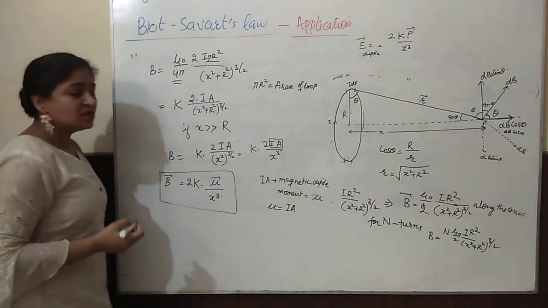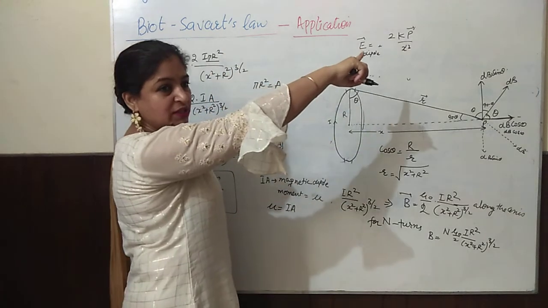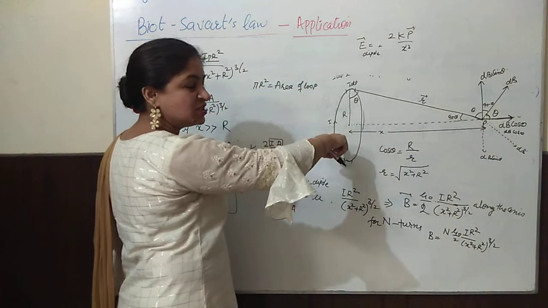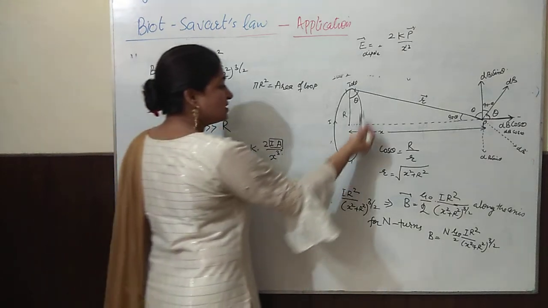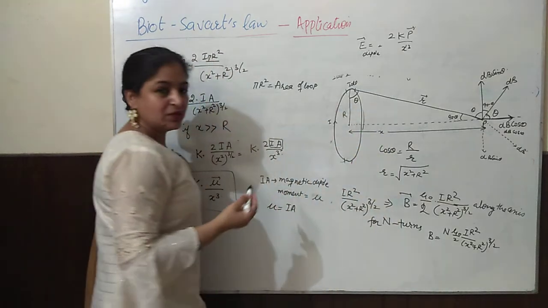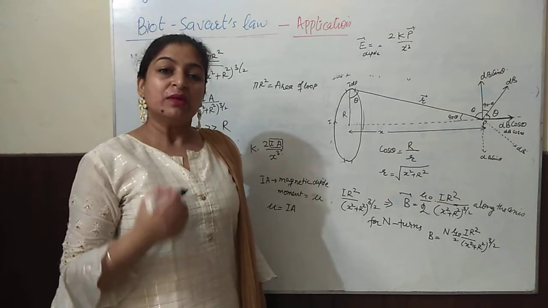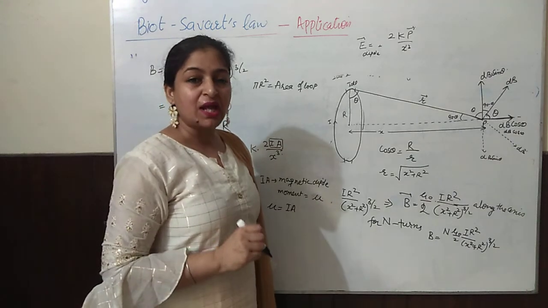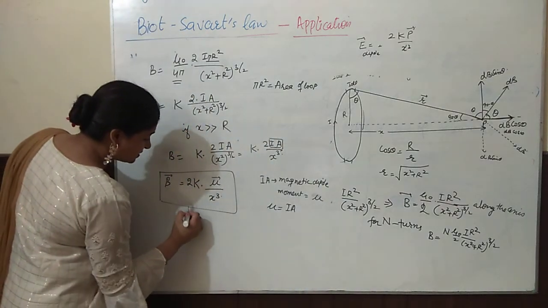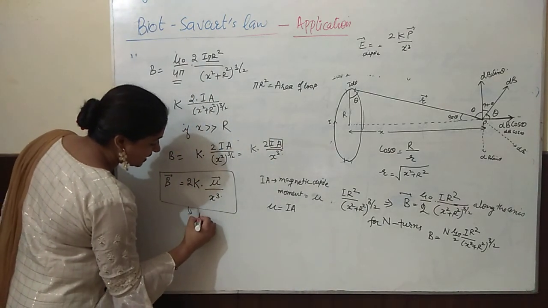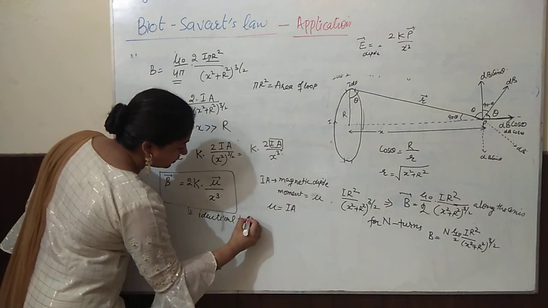So what we can conclude from here: if that was the expression for the electric dipole, this must be the expression of the magnetic dipole. But this is a current carrying loop. So we can conclude that the current carrying loop behaves as a magnetic dipole. This expression is identical to the expression